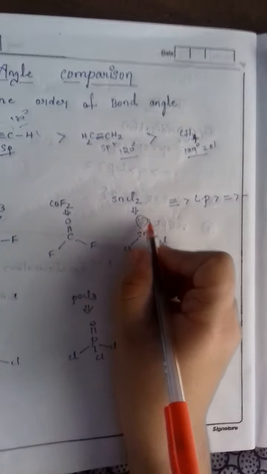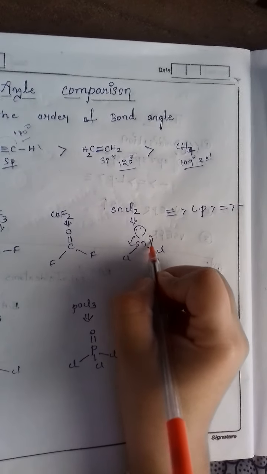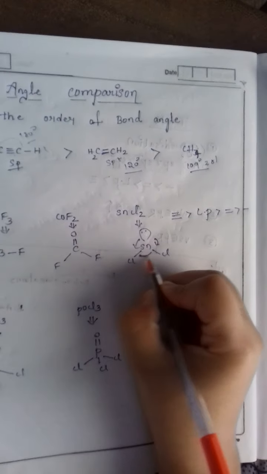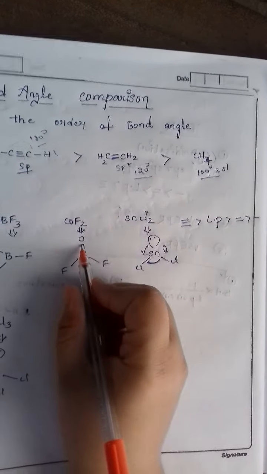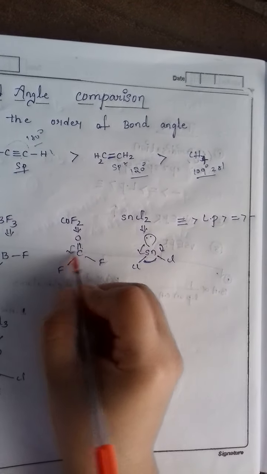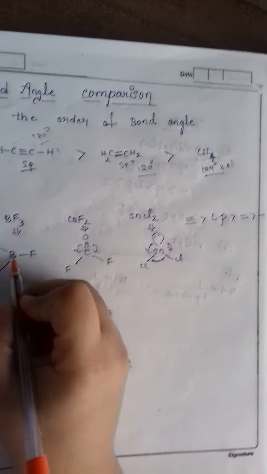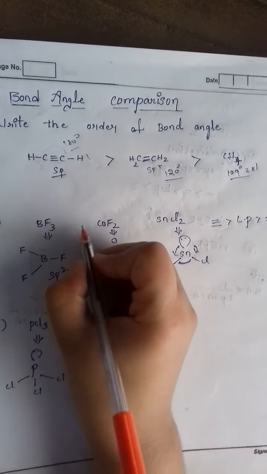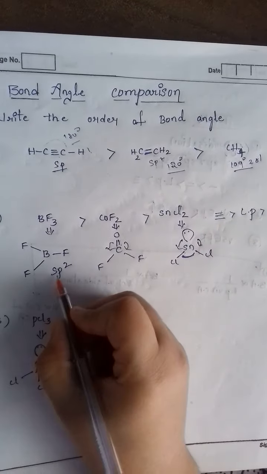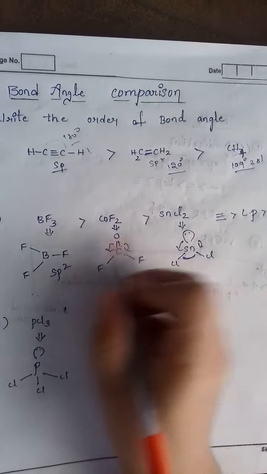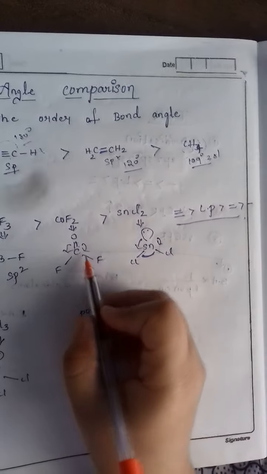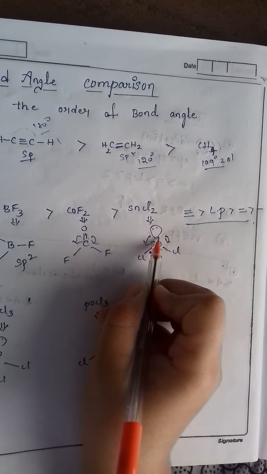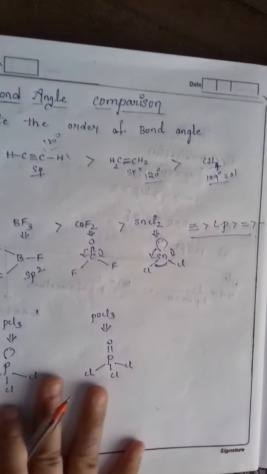As you can see, here is a lone pair, meaning it will make both of these decrease the angle. So here the bond angle will be less, and here the double bond will repulse less than the lone pair. Then here it is sp2, as you can see. So the bond order will be this one. First we saw hybridization and then this theory. This is sp2, and we compared between these two that a lone pair repulses more than the double bond. Now the third question.